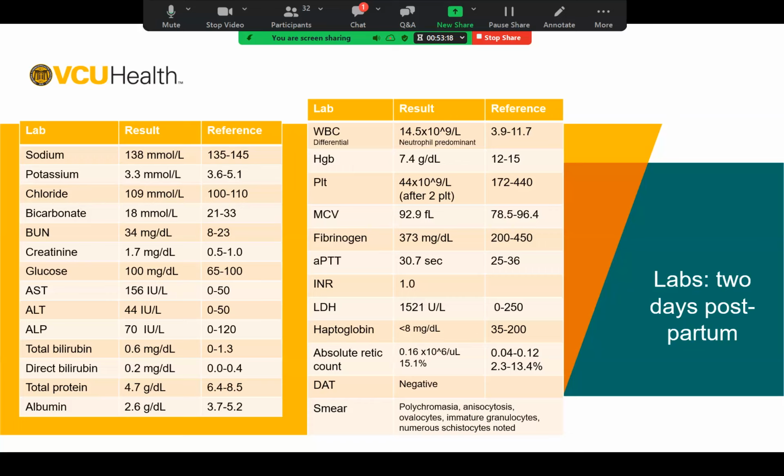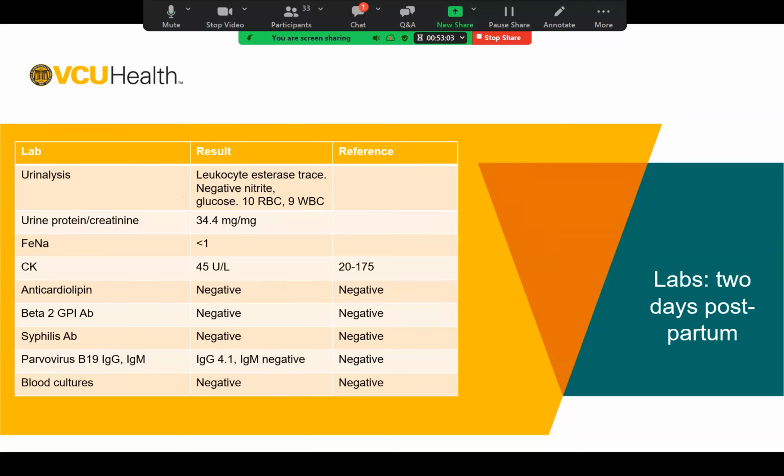Her reticulocyte count was elevated at 15.1%, and she had a DAT that was negative, and a smear that was remarkable for polychromasia, anisocytosis, ovalocytes, immature granulocytes, and numerous schistocytes. Her UA had leukocyte esterase that was trace, no nitrates or glucose, and she had 10 red blood cells. White blood cells was 9. Urine protein creatinine ratio was elevated at 34.4, and she had a negative